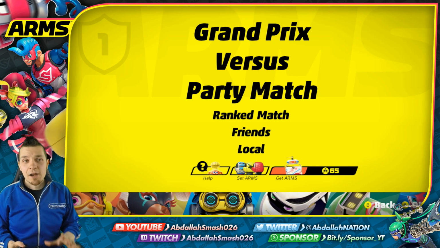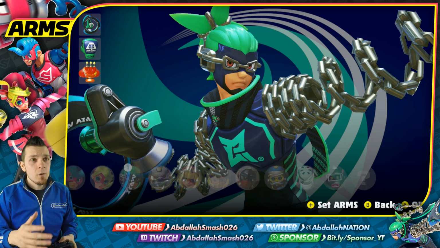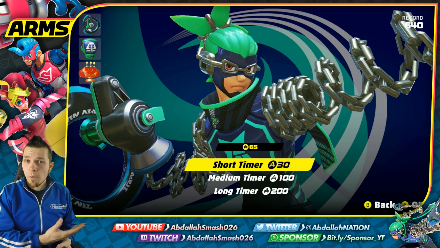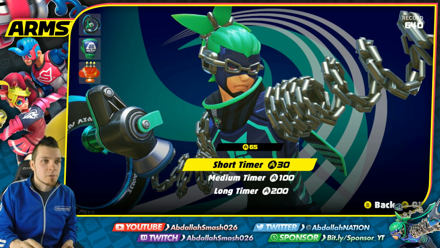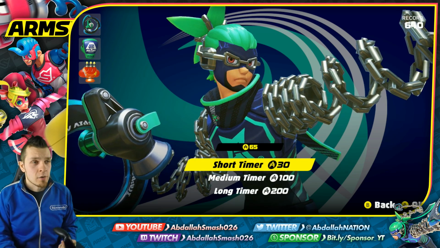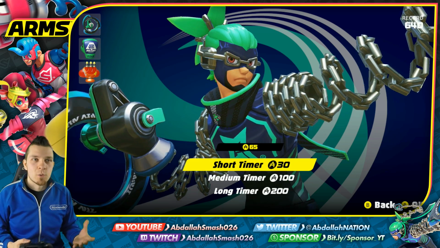So you click on Get Arms. And when you click on Get Arms, you have a couple options. Depending on how much money you have, you can go with a couple different timers. And I'll show you guys gameplay of all the different timers within the game so you guys know exactly what to look out for. On average, I would say that the short timer starts out with about 25 seconds, but